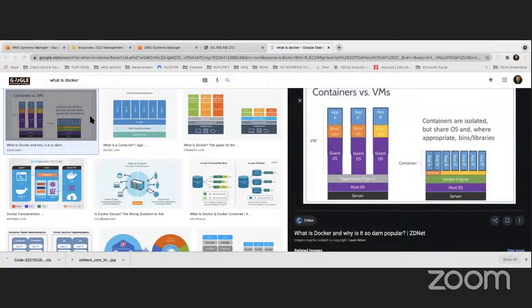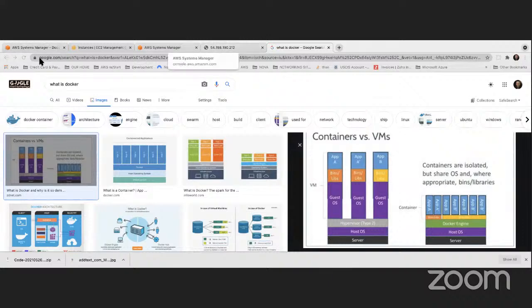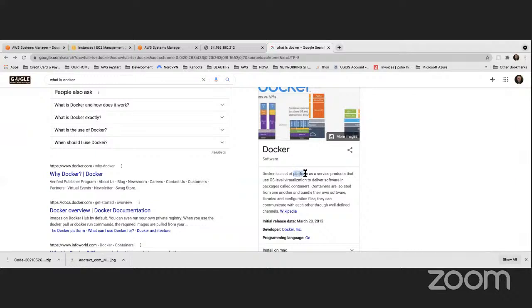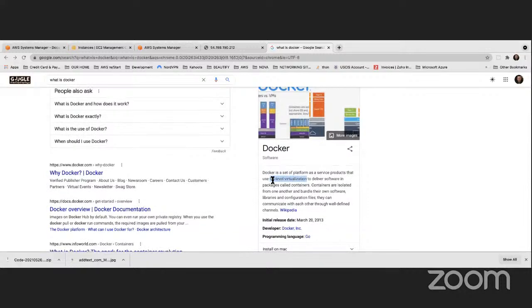So guys, Docker is a platform. By the way, it's platform as a service, right? PaaS. A set of platform services that use OS level virtualization. So you're basically, instead of virtualizing the virtual machine, you're virtualizing the OS, okay? To deliver packages called containers. So it's a package. We call it container, but it's basically a package that contains everything, libraries, binaries, everything that your application needs to